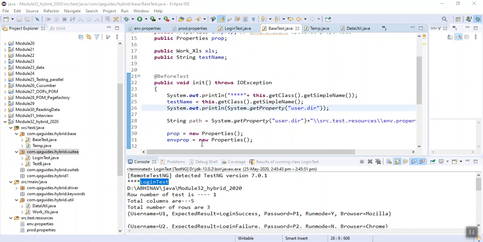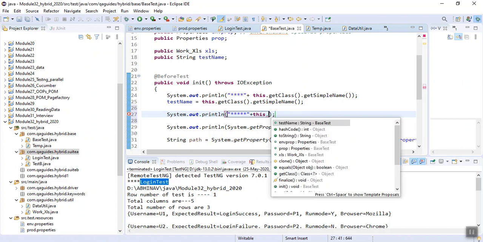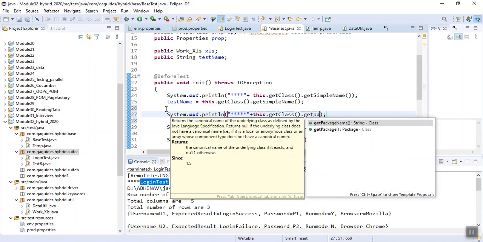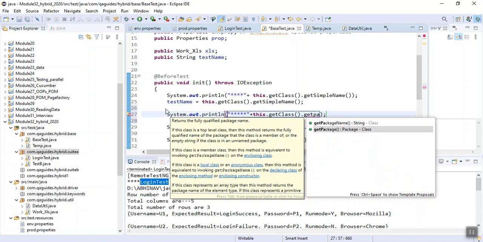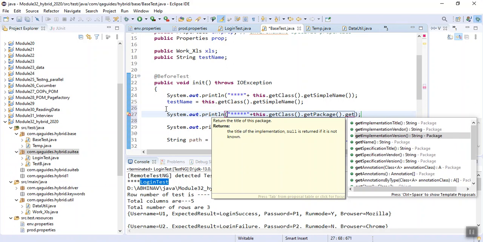Now in my base class, I give a command, syso, plus this dot get class dot get package dot get name.